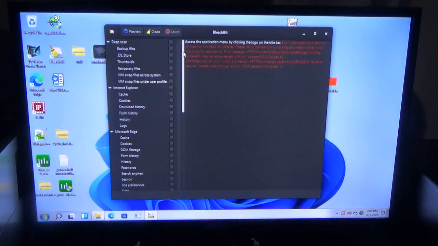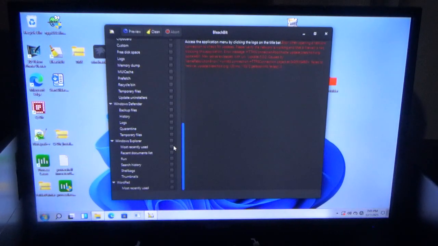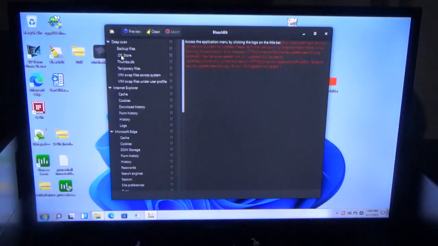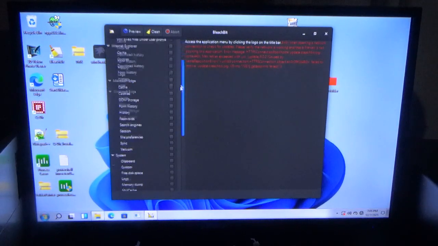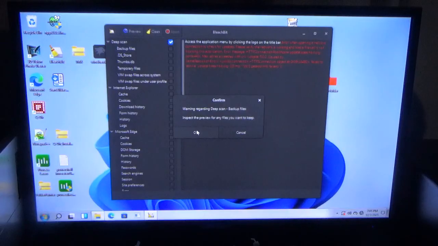Okay, so over on the left-hand side, you can clean certain things up. Store thumbs.db, temporary files, and stuff like that. So temporary files: when you install a program, it uses temporary files to do the process. Well, sometimes Windows does not uninstall those temporary files properly or doesn't do it at all. All right, so I'm just going to